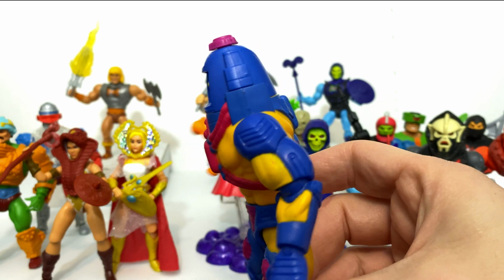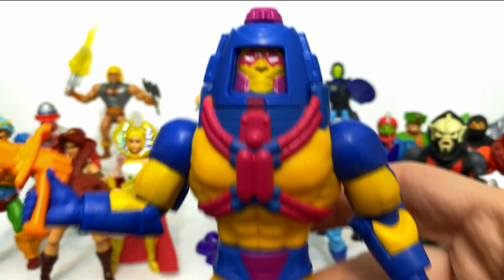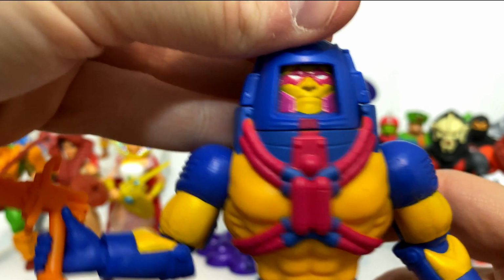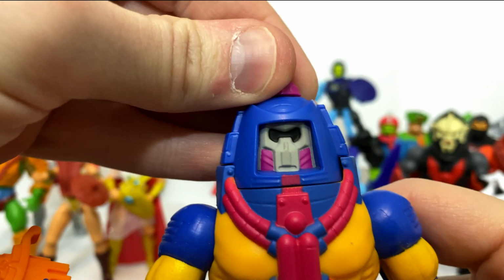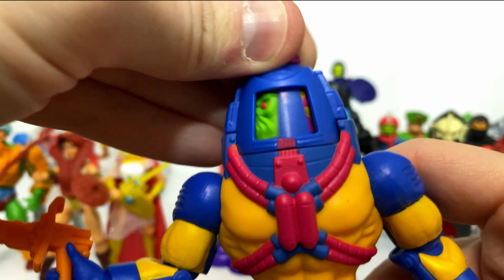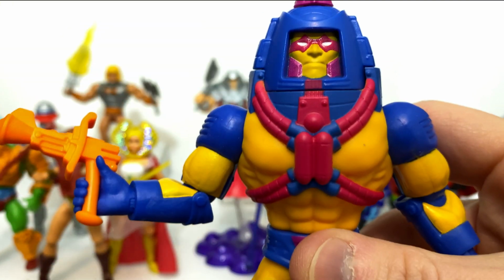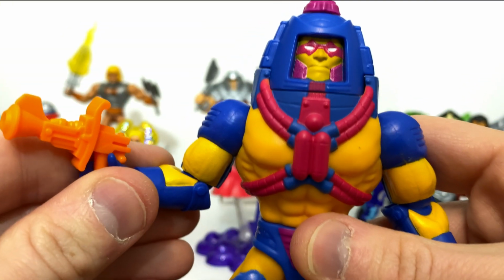So really, it's a great figure, and the sculpting looks very impressive, but I think it's due to maybe some of the softness in the head here. Now, the action feature is wonderful and works very well for what it is, but because his main head is one of them, it ends up being as soft as, say, the details on some of the accessories